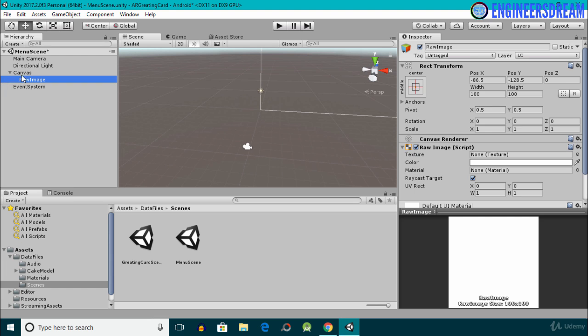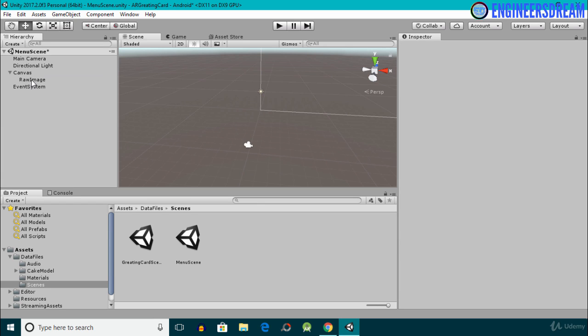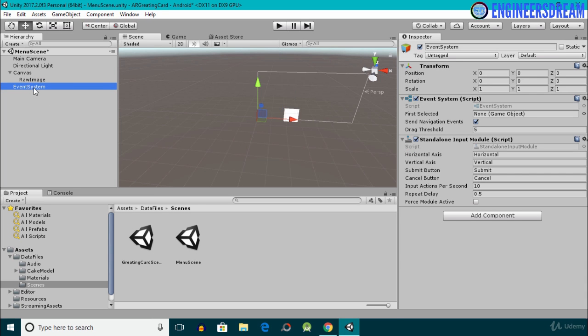But with the raw image, if you look very carefully, the canvas and an event system component is also added. So guys, basically whenever we add any UI components, all the UI components are a child of the canvas, or in short, all the UI components are basically arranged inside the canvas. So if I zoom out of the scene, then as you can see, this is the canvas, or this rectangular area is a canvas, and inside this canvas we have this raw image. And whenever we perform any operation like clicking on a button, that operation of button click is basically handled by this event system. Okay, so that's why the event system is also important.